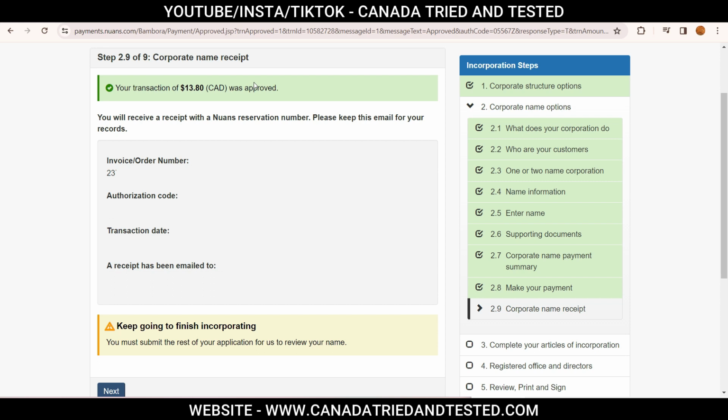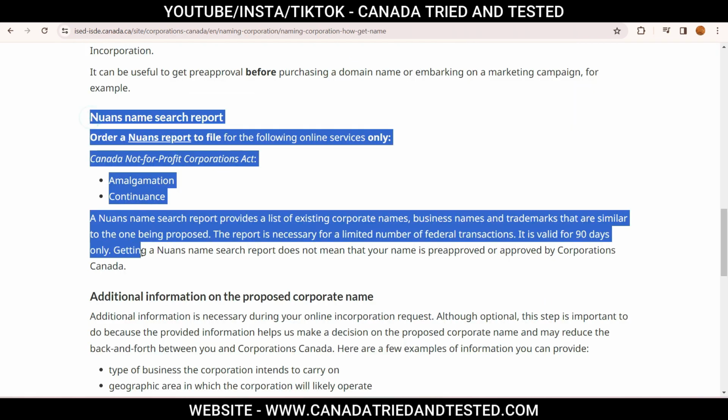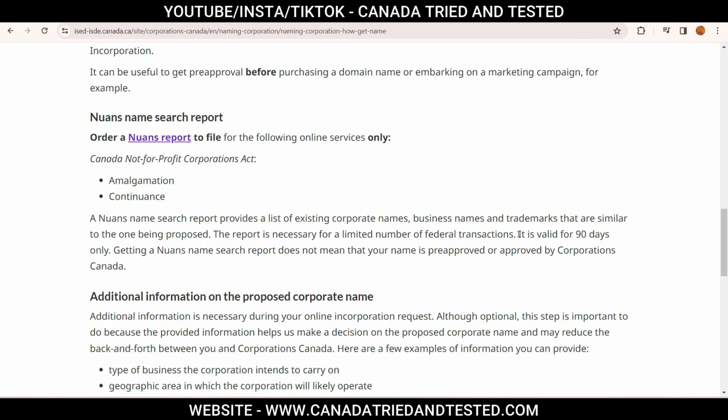Now it says keep going to finish incorporating. And also it says you must submit the rest of your application for us to review your name. So this nuance report, you can see here, is valid for 90 days only. So whatever name you have submitted, you have almost 90 days to finish your application and get done with it. If you don't use this nuance report, for the name you're suggesting, again, you'll have to go through the process we just saw. Next,